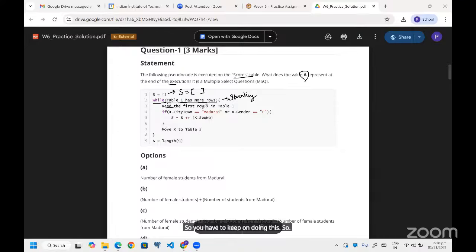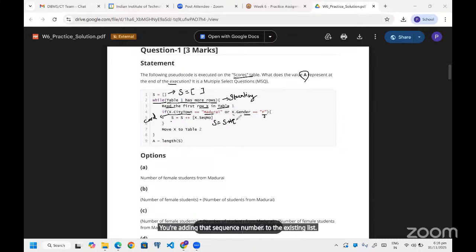So read the first row X in the table, and if X dot city, this X is nothing but a card, whatever you are reading, right? So if that card has city town equal to Madurai, or if the card has gender equal to female, this F denotes female, then you are adding that sequence number to the existing list.